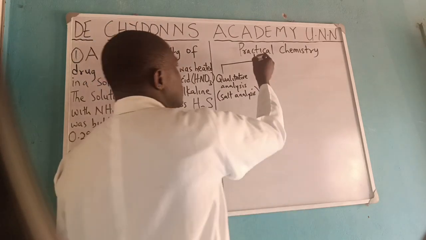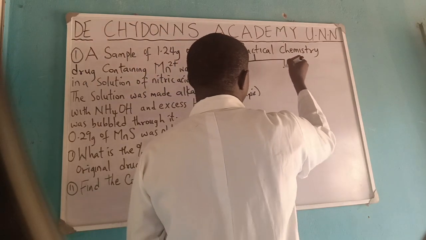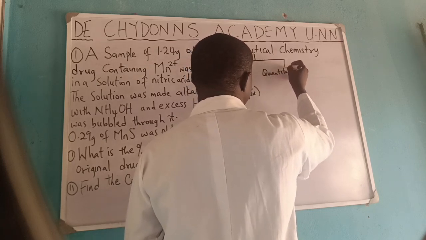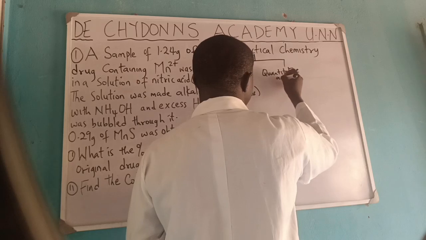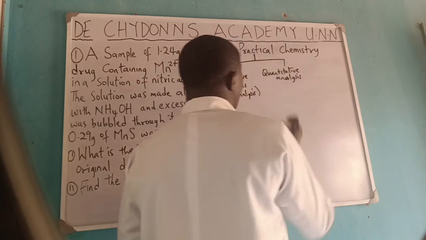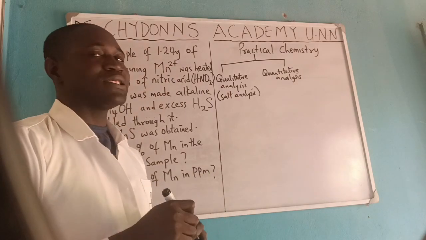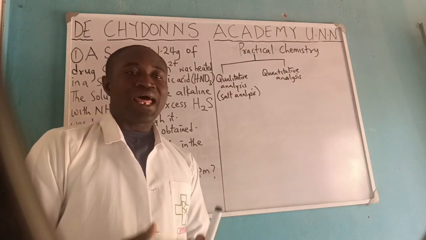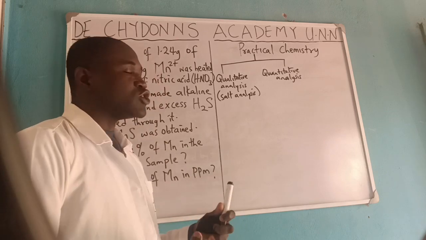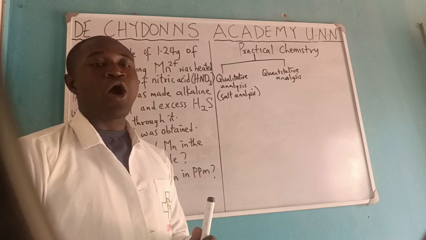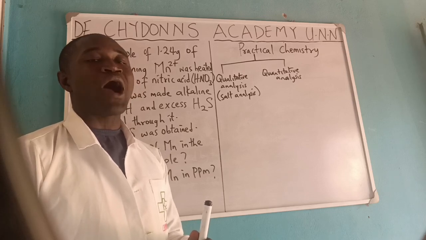Then it's also divided into quantitative analysis. What do we mean by qualitative analysis? Qualitative analysis simply means an analysis that requires you to check if a particular cation or anion is present or absent